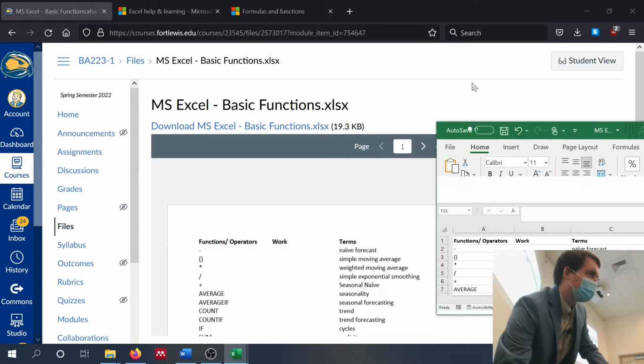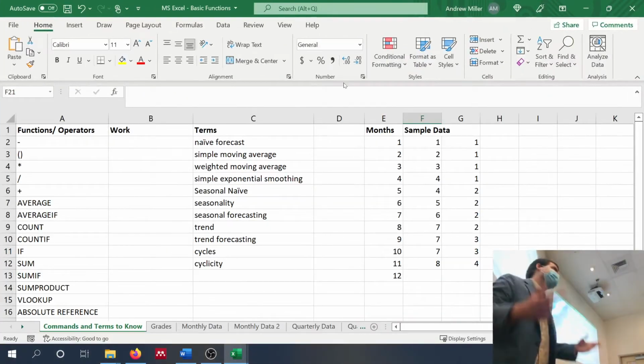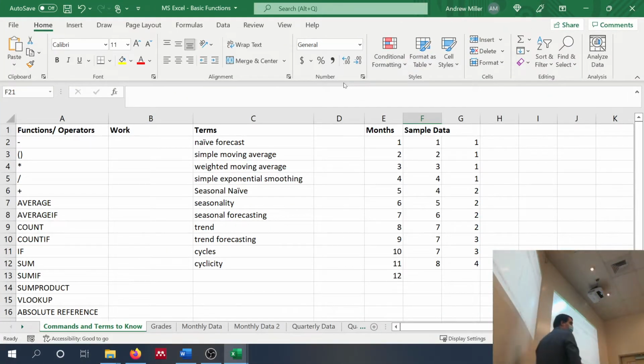And this class does start off a little bit basic. How many of you guys have used Excel? Okay, about half of you. Anyone want to share something they've done in Excel? What have you done in Excel? Okay, so built out some basic models maybe. Okay. Yeah, so that's certainly something that it could be used for. Anyone else want to share anything they've used Excel for? Yeah.